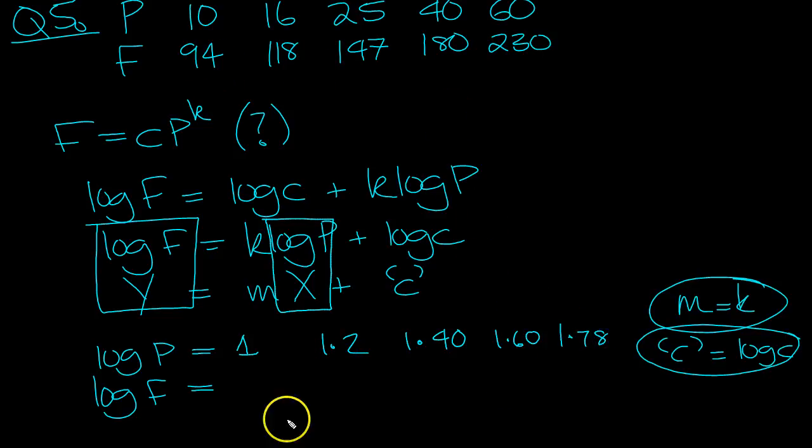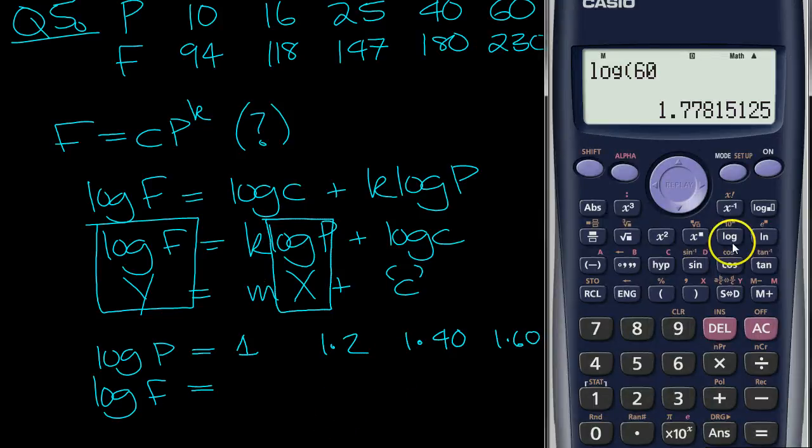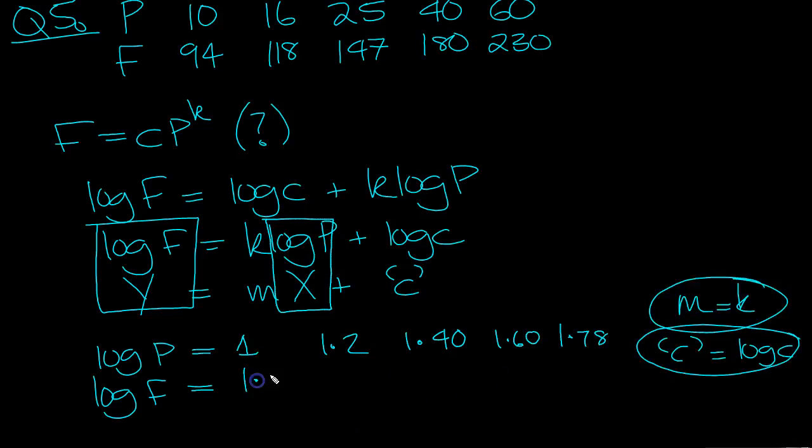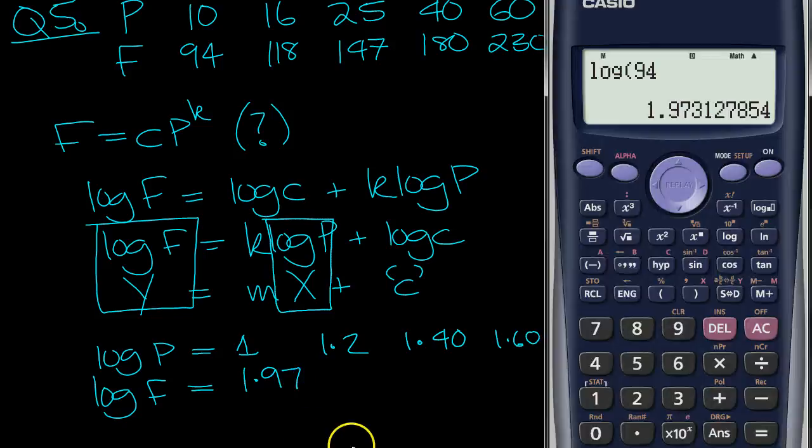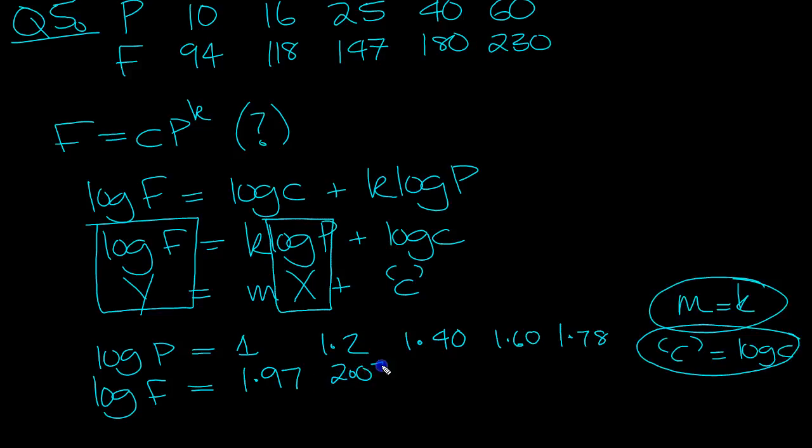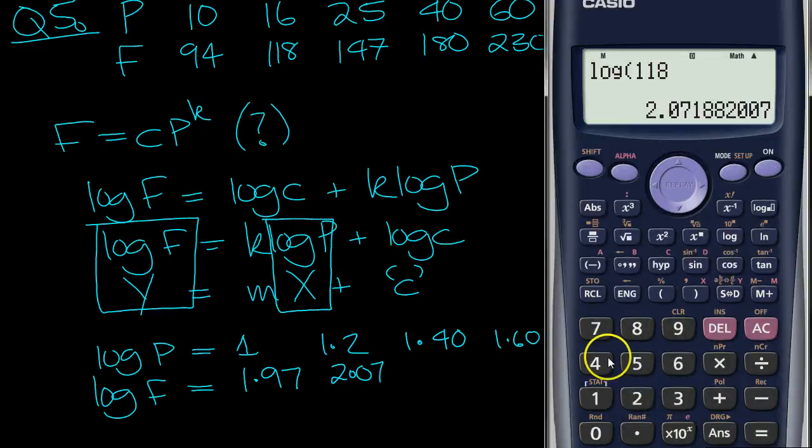Okay, now we do log 94, 1.97, log 118, 2.07, and then log 147, 2.17,